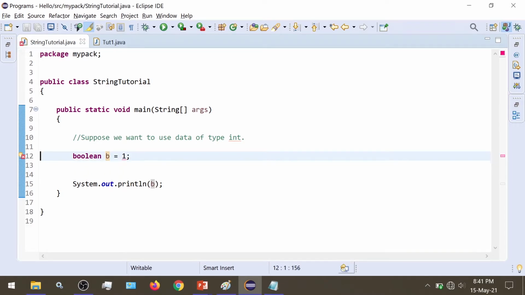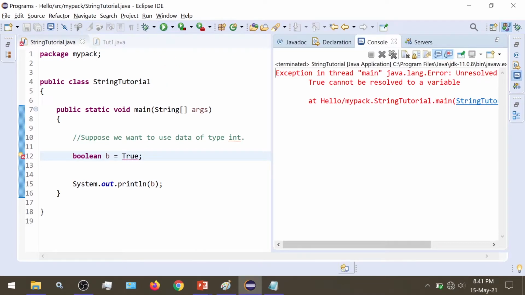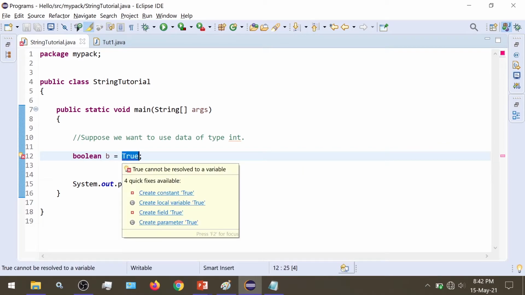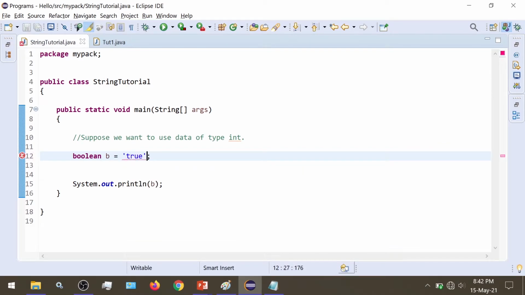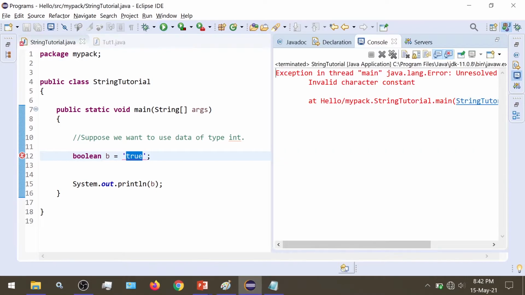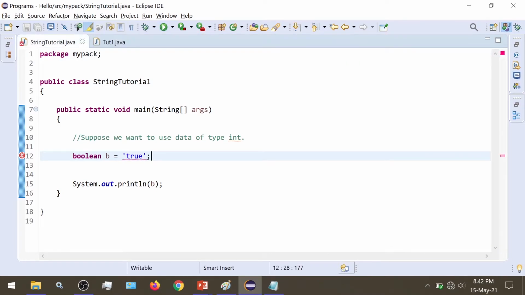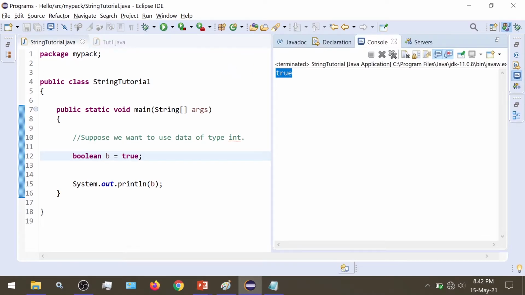Similarly, we have to note that the values true and false are without any quotation marks and all in lowercase. Nothing is in uppercase, everything is in lowercase. So if we try to give it true like this, then we would get an error. And if we give the word true in lowercase but in single quotation marks, even then we would get an error because it needs the value in proper format. When we run this properly, we get the proper output.